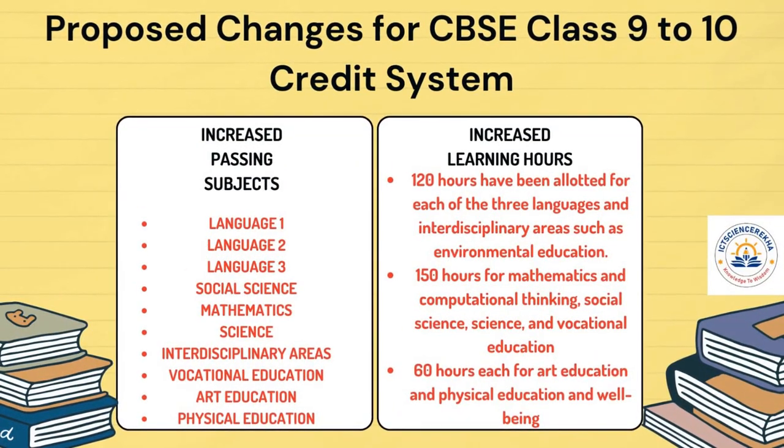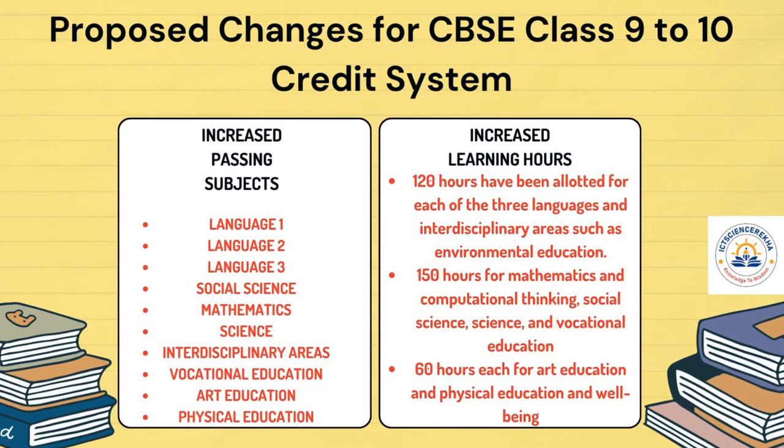Here you can see some proposed changes for CBSE class 9th to 10th. Under the current scheme, students in classes 9th to 10th must pass 5 subjects, including 2 languages and 3 subjects to be declared pass. However, under the proposed guidelines, students must pass in 3 languages, with at least 2 being native Indian languages and 7 subjects in total. Passing each of the 10 subjects is required to be declared pass.